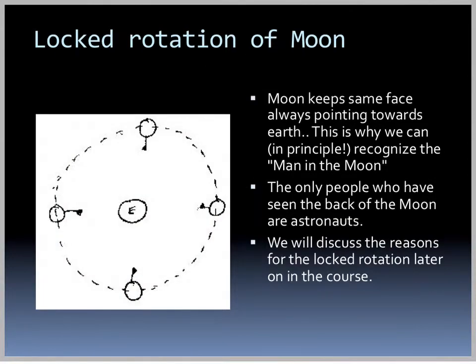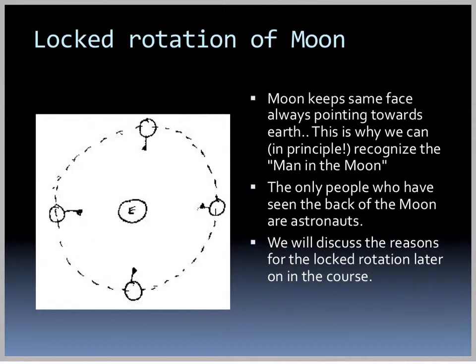Now, the moon keeps the same face always pointing towards the Earth. That's why we can, in principle, recognize the man in the moon. The only people who have seen with their eyes the back of the moon are astronauts that have been in orbit. We're going to discuss reasons for locked rotations later in the course, but essentially